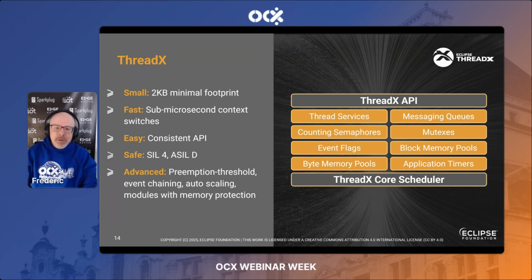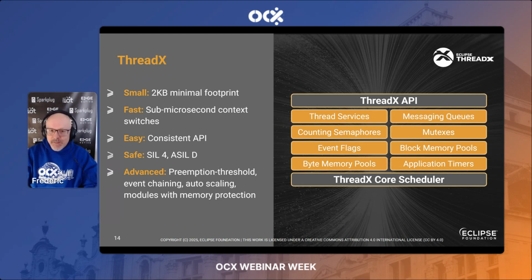And if you use an optional feature that we've got, you can even enable modules with memory protection, which means essentially that threads will be able to address isolated memory areas and won't be able to write outside or read outside of those particular areas as needed. So if you're trying to build something a bit more robust, then the memory protection modules in ThreadX are certainly a very useful